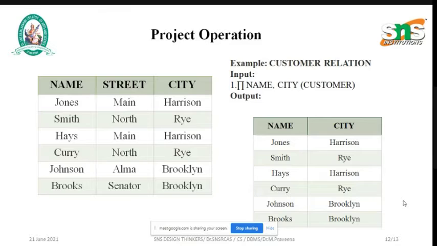So what happens, we can give the project symbol, name comma city, and within the bracket we have to give the table name. That is the input, and the output will project only those name and city alone. So the street is hidden inside. Because we need to project only two columns, we are projecting only two columns using the project operation, and we are hiding the street.